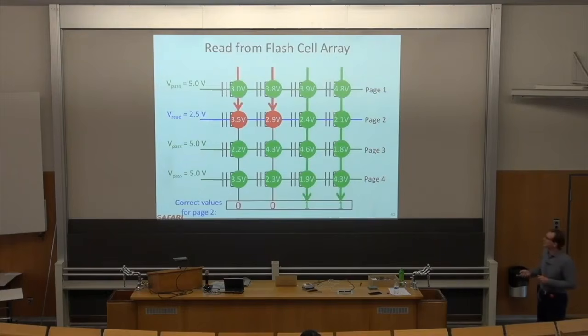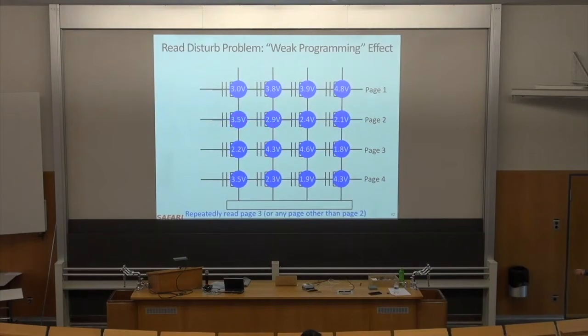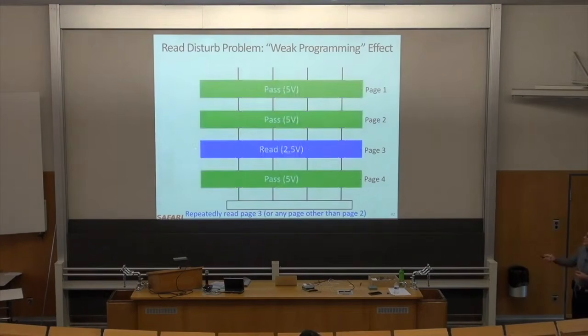Make sense? Okay. Now, the read disturb problem happens when you repeatedly read from some page other than page X, and the values on page X are disturbed because of that reading. Why does this happen? Let's assume that you're reading from page 3. You apply the pass-through voltage to all of the other pages, and let's assume that you keep reading from page 3. You apply pass-through voltage to everything else, meaning that this application of the pass-through voltage has a weak programming effect,